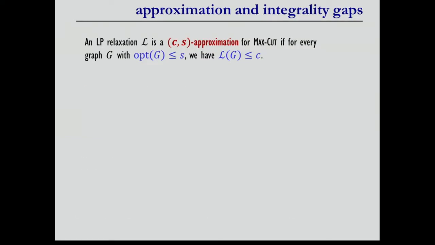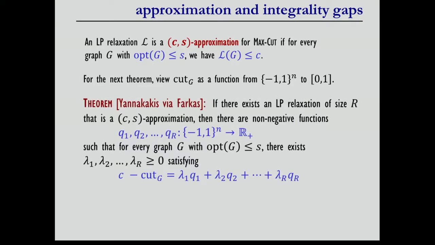Okay, so now how are we going to prove lower bounds? It seems like a very general model. Okay, we'll come back to this in a second. So the point is, Yannakakis gave this beautiful framework for proving lower bounds for extended formulations. So one thing you have to be willing to do is whenever you see a cut, you have to be willing to associate it with the corresponding Boolean vector. So I'm going to switch from talking about a function on cuts to a function on Boolean vectors, where the cut is just the cut defined by everything which is equal to 1 and everything which is equal to minus 1. Okay. So now here's